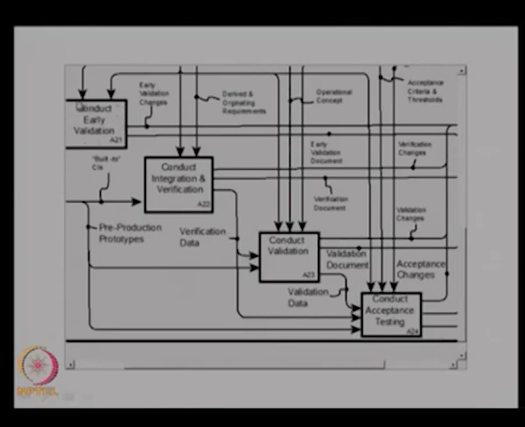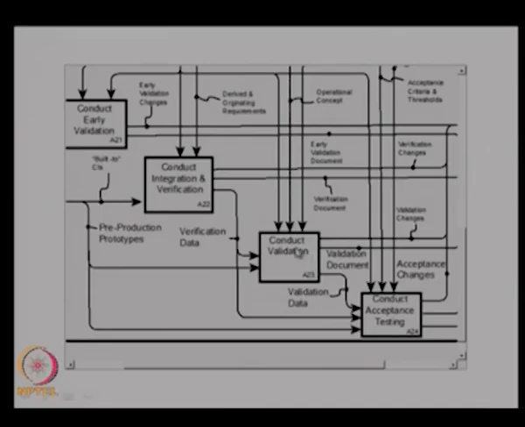This early validation basically ensures that the operational concept we develop is sufficient to meet the customer requirements, and from this stage we go for the design. We start designing the system in terms of its functions, functional architecture, physical architecture and operational architecture, and we develop the configuration item specifications. Using those specifications we carry out the integration and verification of the system, to ensure that the system was built right, and then, to ensure that the right system was built, we go for